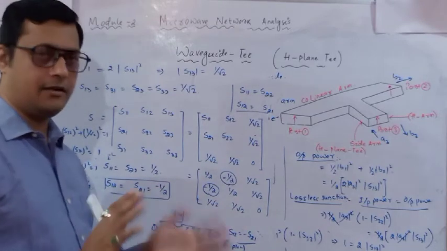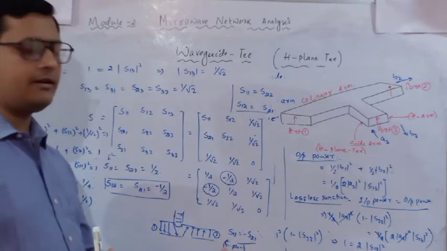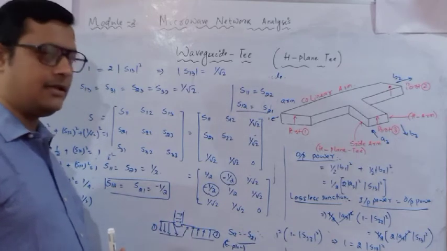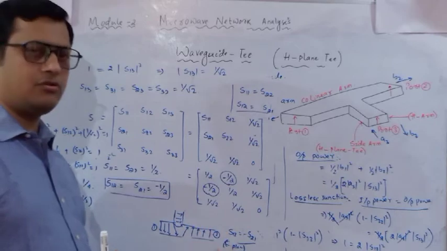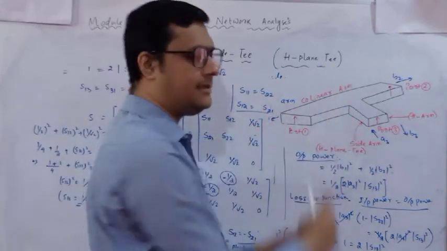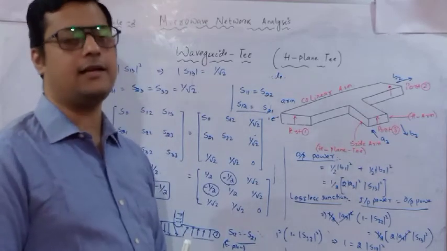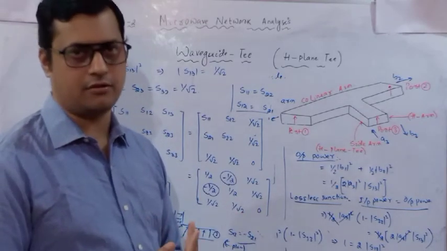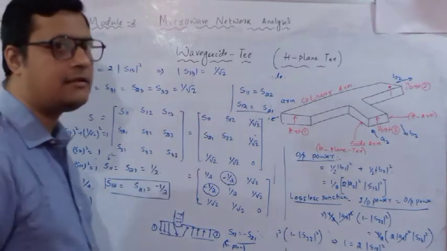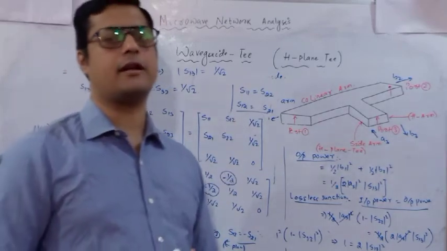So these are the basic relations through which we can identify. And if you get confused about the directions, remember this E plane. In this E plane, S12 is equal to minus S21. You can see the direction of the electric field is downward at port 1, but at port 2 it is upward. So magnitude is same but phase is different. But in this case, the magnitude and phase both are same. Here the minus sign is only assigned in order to discriminate the power distribution. So S11, S22 is half, S12 and S21 is minus half. This is the basic derivation for the H plane T junction.